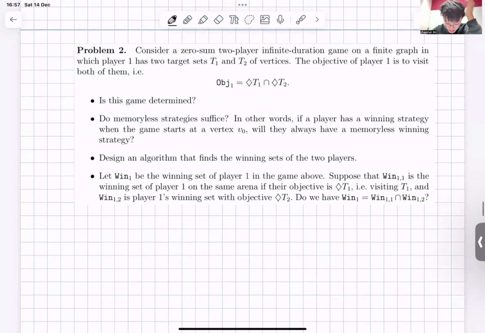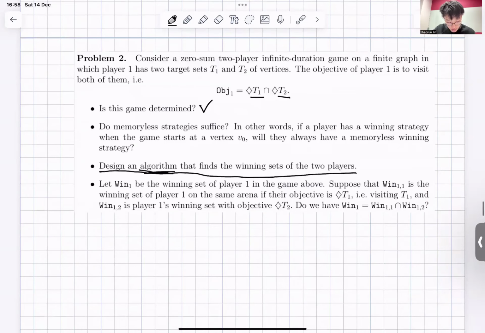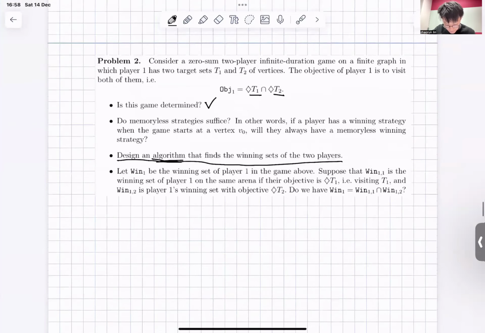Okay, so now let's consider problem 2. It is a zero-sum two-player infinite duration game on a finite graph where player 1 has T1 and T2 sets of vertices, and his goal is to visit both of them. So is this game determined? We will show an algorithm that finds the winning set. It is determined, and we can prove it by showing the algorithm: if we can show an algorithm finding the winning sets, then it is determined. And is it memoryless? No, because